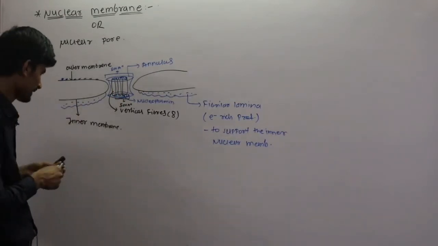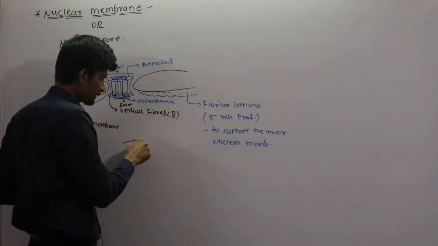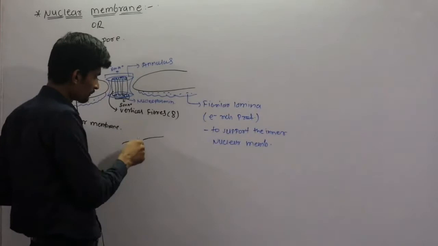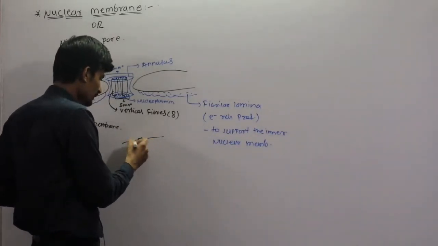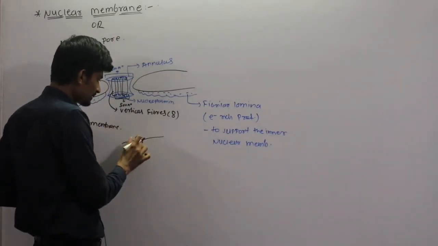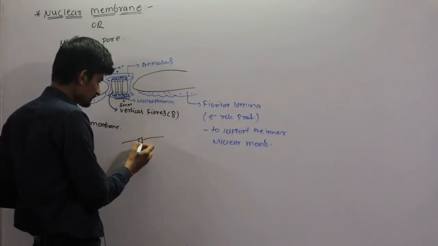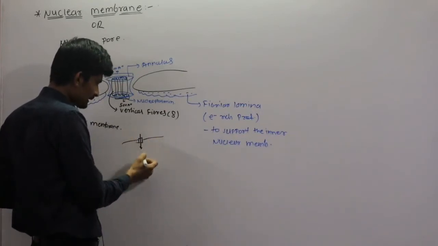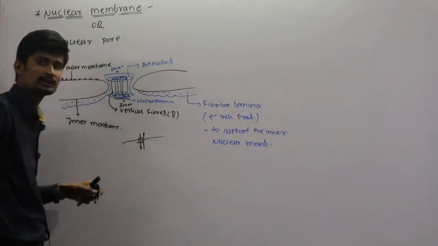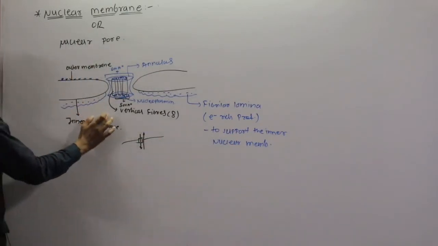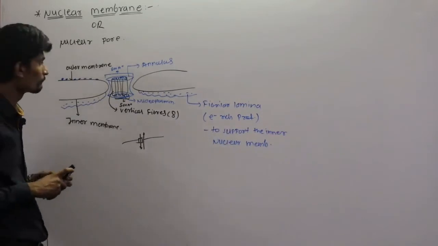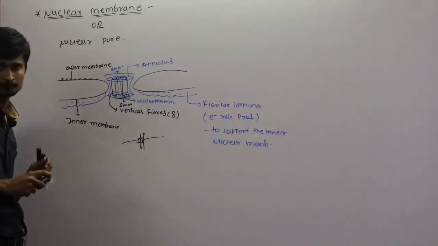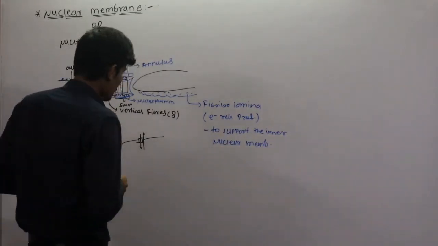Simply, it is not like this: there is the nuclear membrane, then the absence of nuclear membrane, and then nuclear membrane. There is a structure which is called the annulus, through which the substances go in and out. So this is the actual structure of the nuclear pore. Then another thing